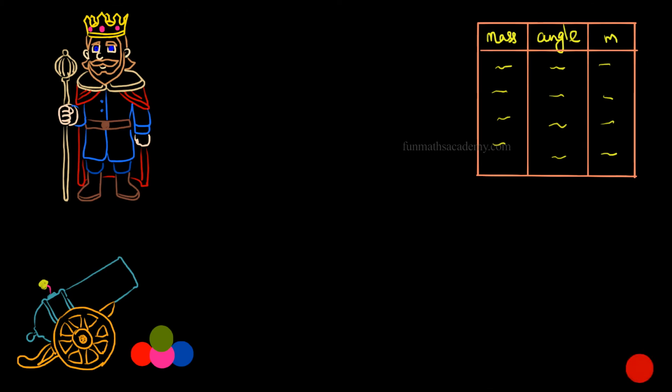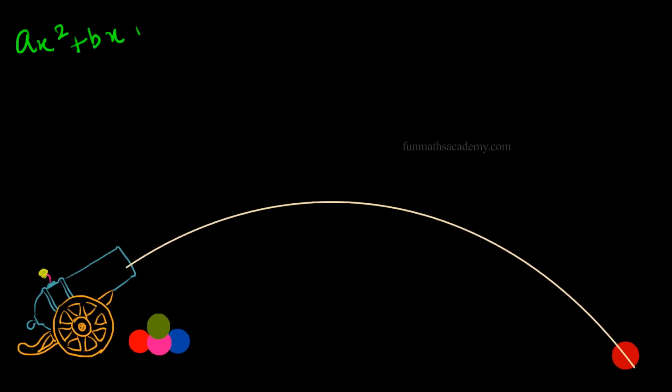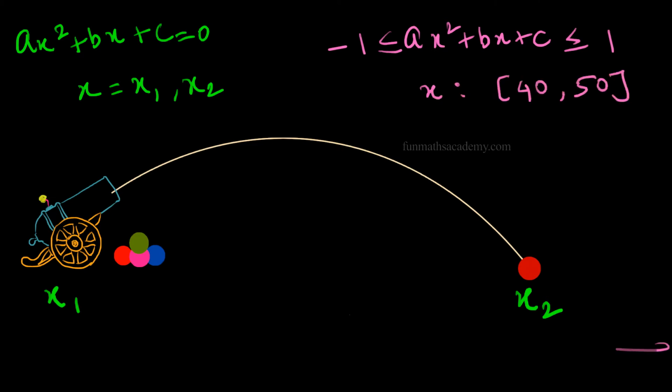But once the research of the scientist Galileo came to light, one thing everyone understood is that when there is no air resistance, then the object that is fired will follow a quadratic curve. Since then, people started working in the field of quadratics. Just like how we can find the target point by solving the quadratic equation, by solving a quadratic inequality, we will be able to find the range of damage caused by the cannonball.